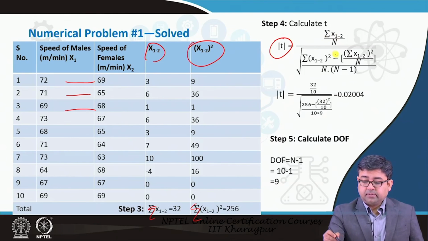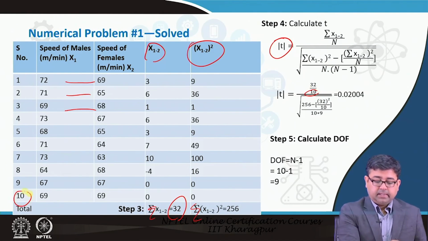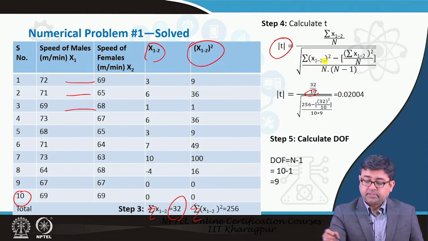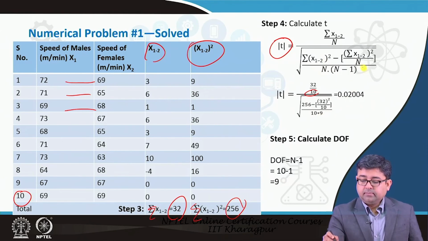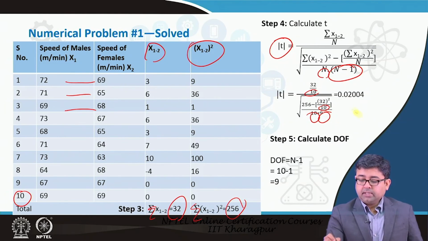This is the summation of the differences divided by the sample size, so it is 32 by the sample size 10, and then the whole square root of 256 minus the summation 32 squared by n, that is 10, divided by n into n minus 1, 10 into 9. So, the answer would be